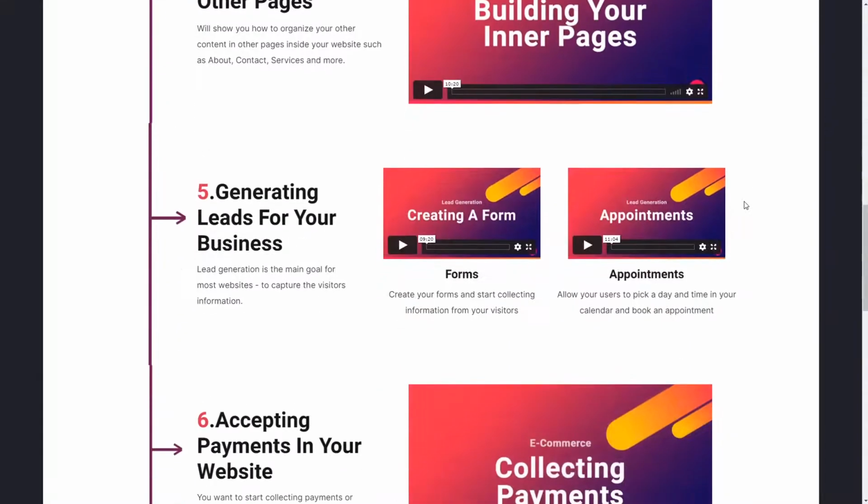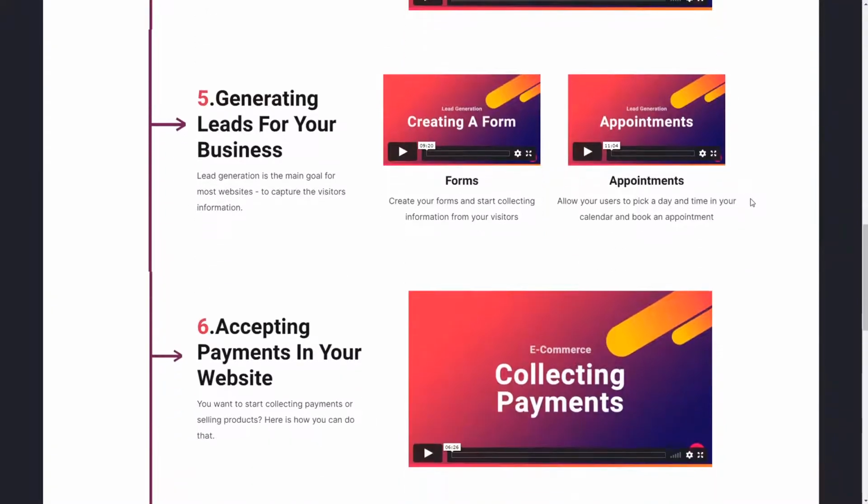And then fifth is a section with two areas, basically two videos, which is about lead generation. This is the most common goal and action for most websites, is to capture the visitor's attention, like in a form where they fill some information, appointment, if your business is about scheduling a specific time slot with you, or a bonus clip about quizzes and how you can collect information in an even more creative and interesting way. So the lead generation is the most common business goal, so check out those videos.